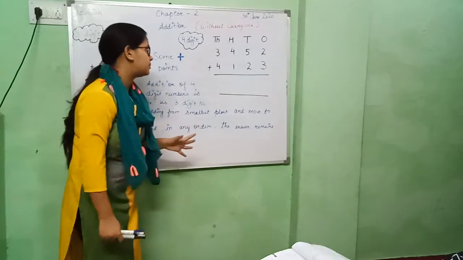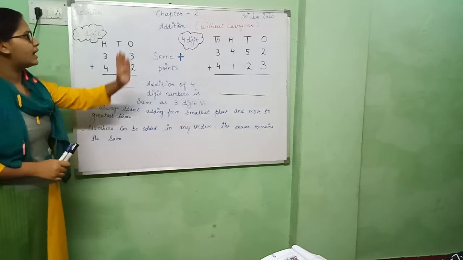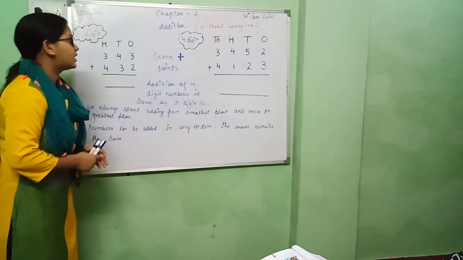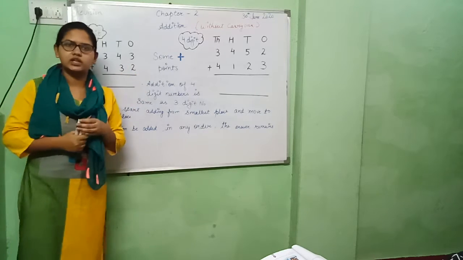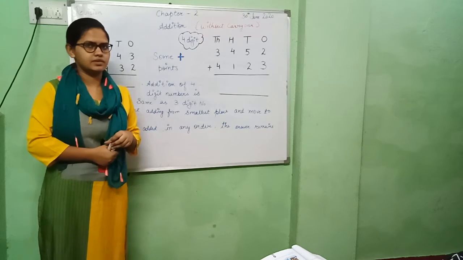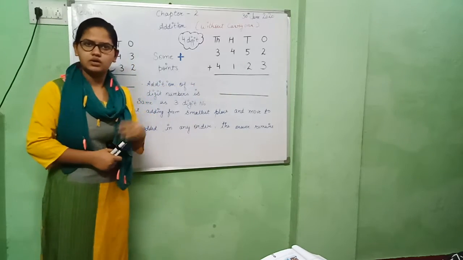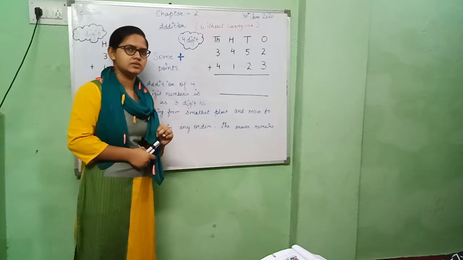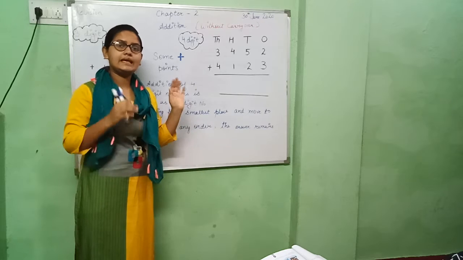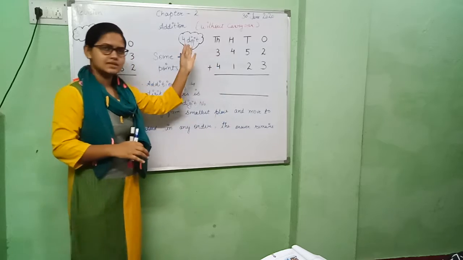Adding 3 and 4 digit numbers. So you can see here I have divided them into 3 digit numbers, and on our right side you can see there are 4 digit numbers without carryover. So what is the meaning of without carryover? Carry means to borrow something from another person, to carry something. So if we have 2-digit numbers, we will give a carry to the other number, to the other section.